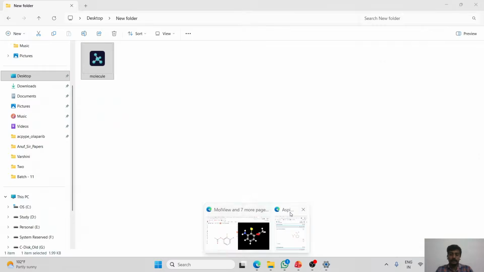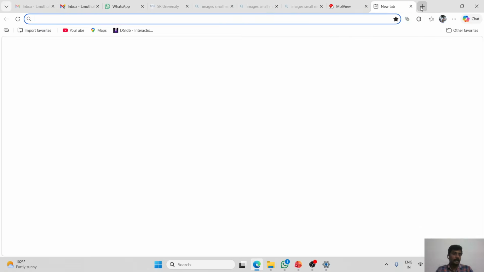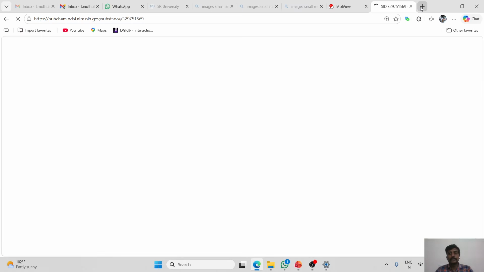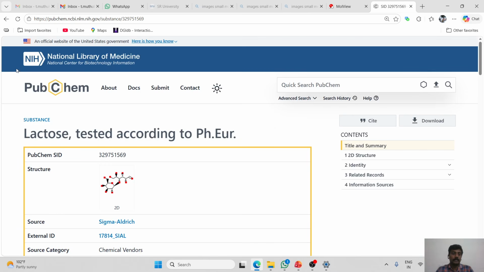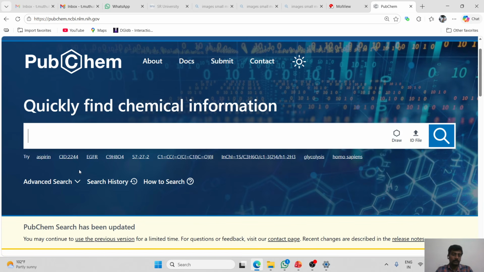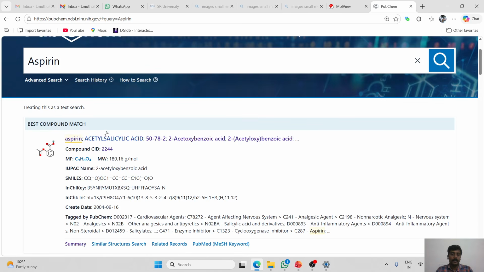I'm going to the website of several databases available to retrieve the chemical structure. The well-known website called PubChem, which comes under NIH. So if we want to download any small molecule drugs, we can search. For example, if I want to download the aspirin structure, I can easily search aspirin, and I can go inside,